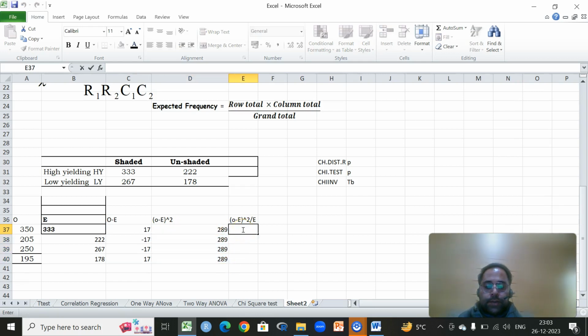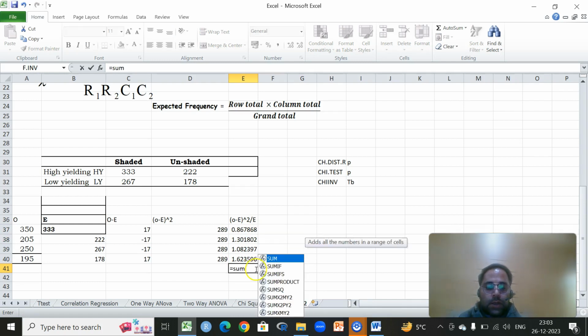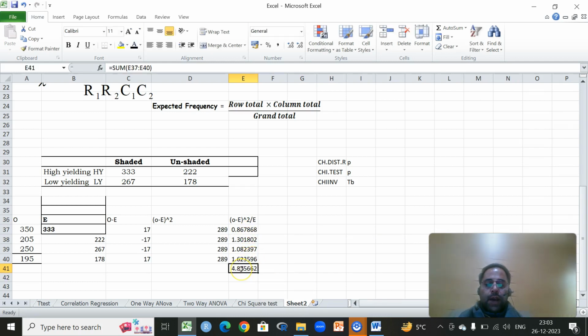It remains constant. Then we will use this formula, this divided by the expected frequencies, press enter, then drag up to this and simply get the sum, is equal to sum. Press enter. So we have a chi-square value, which is the calculated chi-square value, 4.875, and the degrees